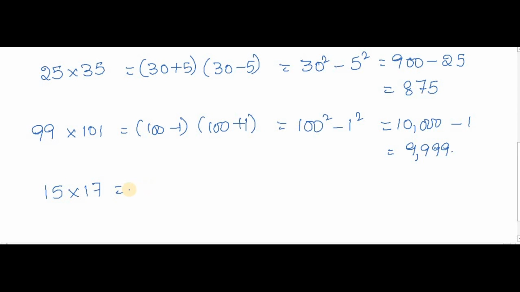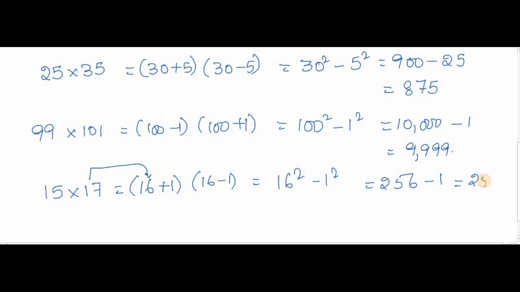If you follow that, you will get it. And these two are very near to 16. One is 16 plus 1. Sorry friends, I first wrote 17 here, and now I am writing 15, that is 16 minus 1. 16 square minus 1 square. As you all know, 16 16s are 256, minus 1 is nothing but 255. So just simple, practice makes a man perfect.